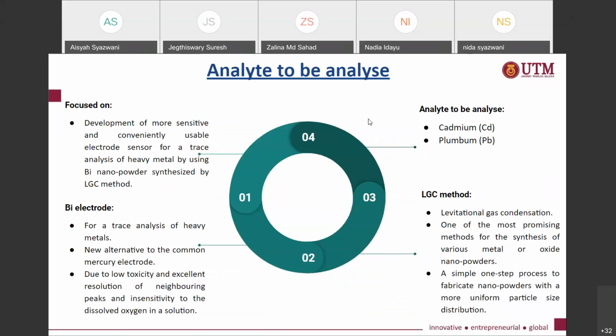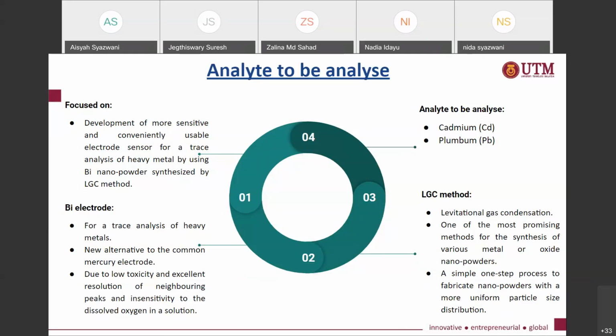Next is for the analyte to be analyzed. Basically, this paper focuses on the development of a more sensitive and conveniently usable electrode sensor for trace analysis of heavy metal by using bismuth nanopowder synthesized by LGC method. Bismuth electrode is used for trace analysis of heavy metals. It is a new alternative to the common mercury electrode. Bismuth electrode is used due to its low toxicity, excellent resolution of neighboring peaks, and insensitivity to the dissolved